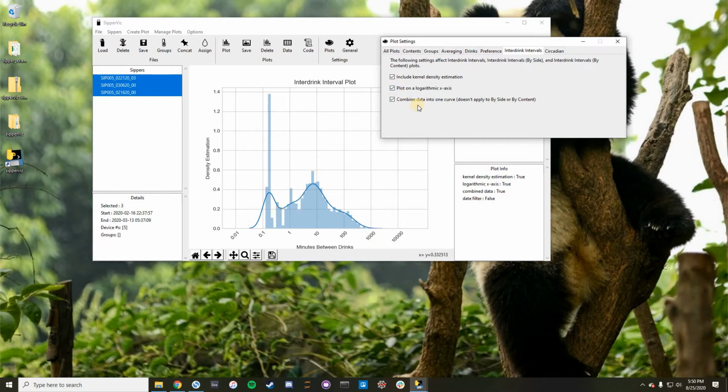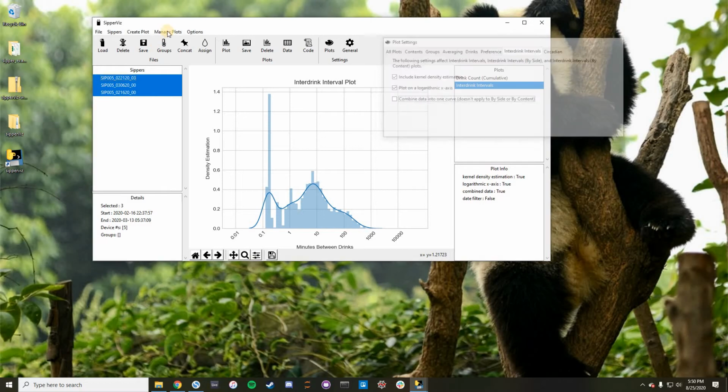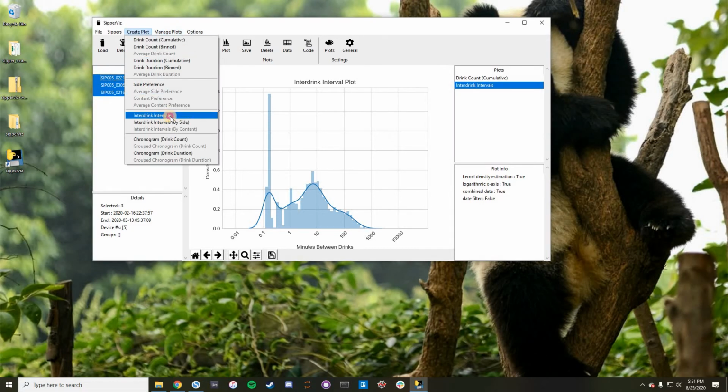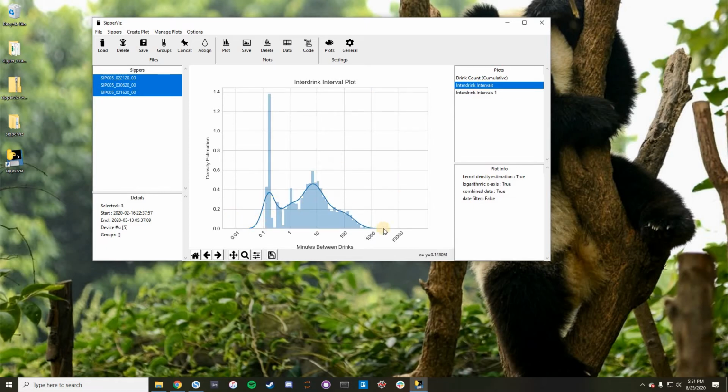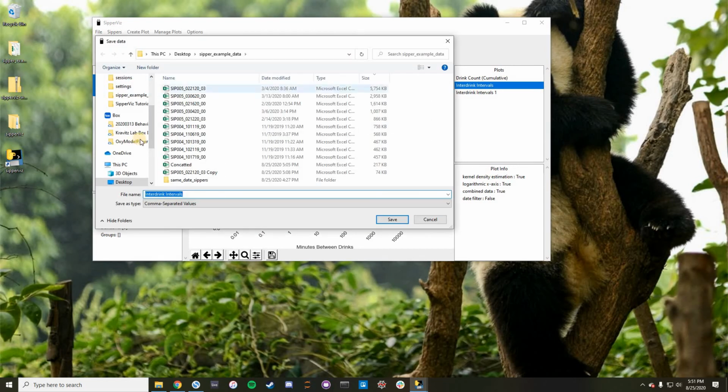And just for this plot specifically, instead of combining the data from all these files into one, you can plot them all separately. So here you'll see each file separately. But there's been some processing to go into this, which is not readily apparent from any of these data files. So if you want to get this data out, you can hit this data button,